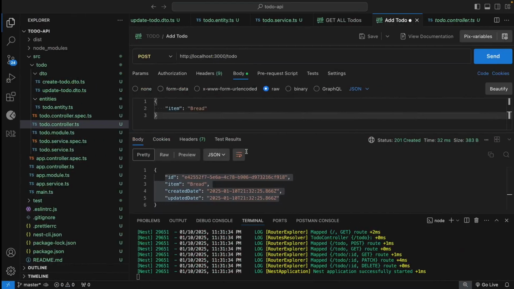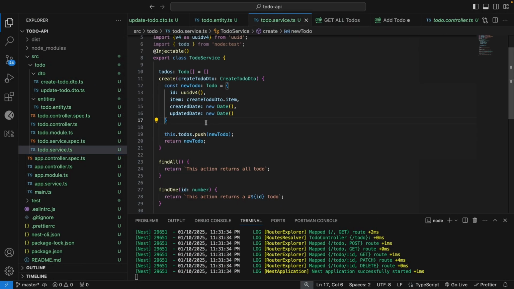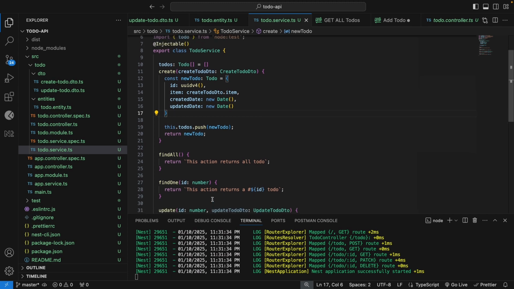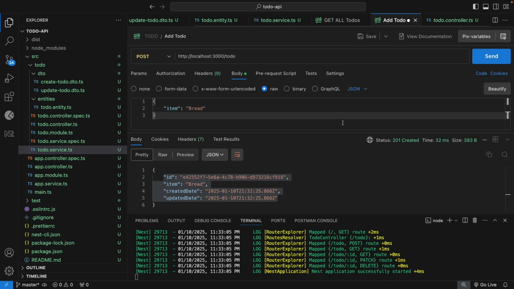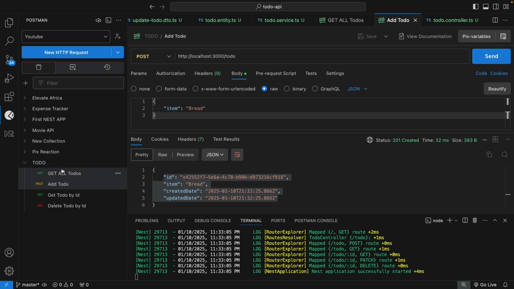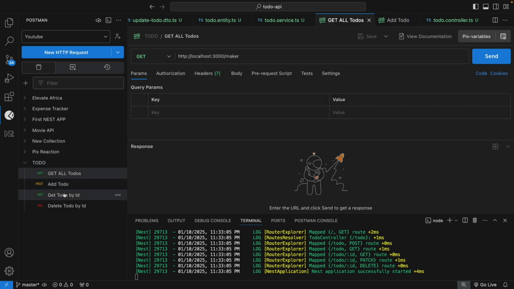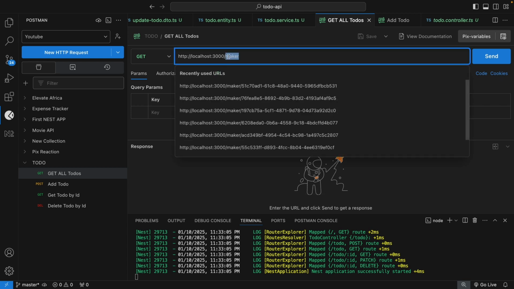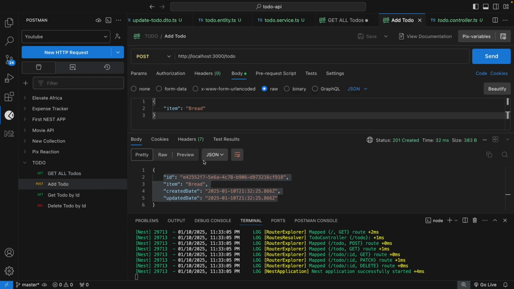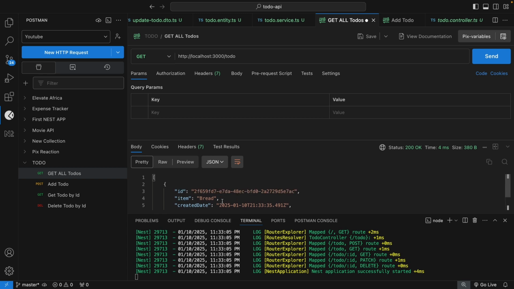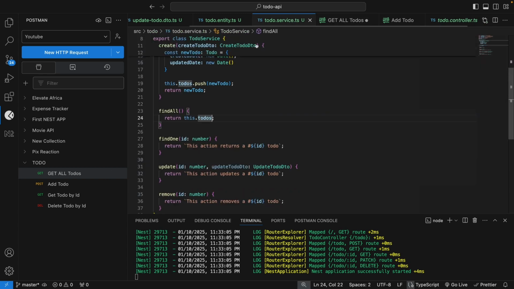Sorry, my bad. Now let me go back in here and run this get all to-dos. For my get all to-dos, what I'm going to pass here is just this.todos. This is going to get all my to-dos, and that's all. Now if I save this and get all my to-dos, there's nothing, because once I've saved, the stuff that was in memory is refreshed. So if I run this again and then run this, you'll see that I've got the item that I've added. So now that I've got find all,